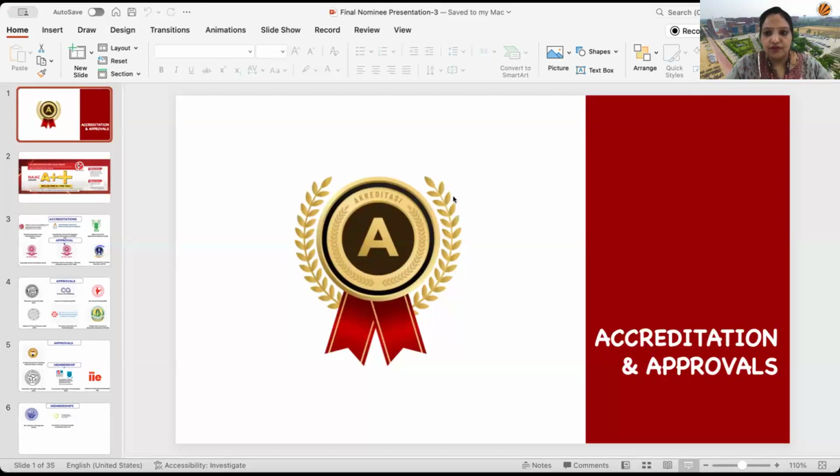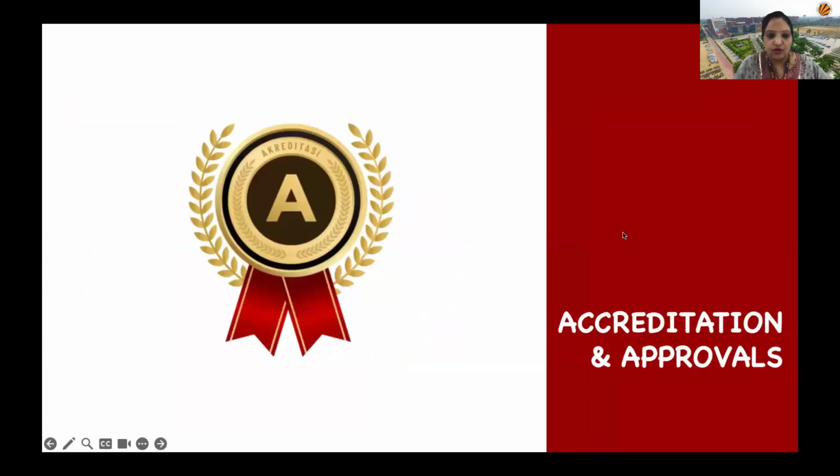So, very good afternoon to one and all. I, Tashinder Preet Kaur, would be briefing you regarding the key points which you should keep in mind before identifying a place to join. I'll brief you regarding what accreditations the university has and the kind of exposure the university gives to the students. So, without taking much time, allow me to share the information which I have with me.